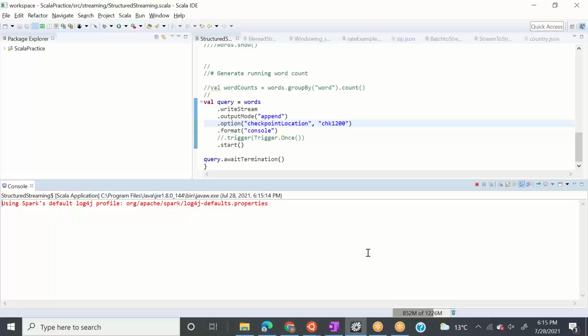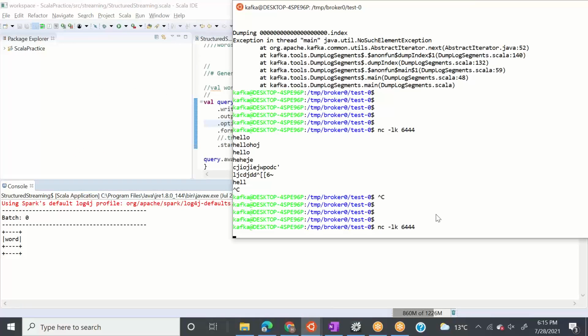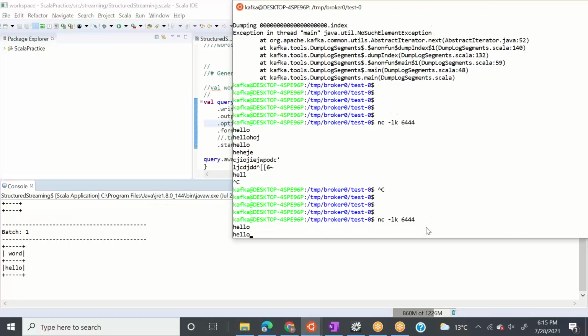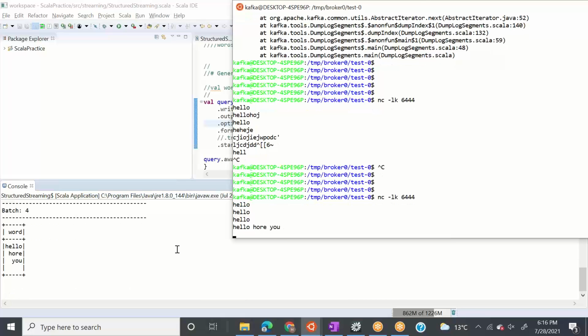So let it run. Okay, so it connected, right? I won't be explaining this program, but what I'm trying to convey is that the connection has been established. So now if I minimize this and type something here, hello, hello, hello, everything is coming here, right, in batches. Everything is working fine. What I'm typing here is coming perfectly fine into my application. It means my streaming data is flowing perfectly fine into my Spark structured API.